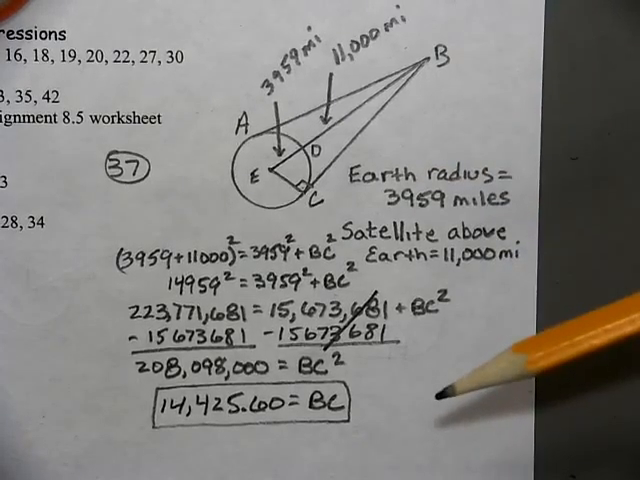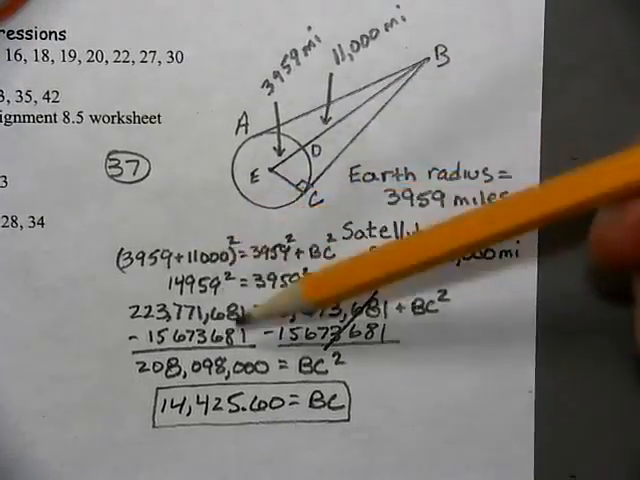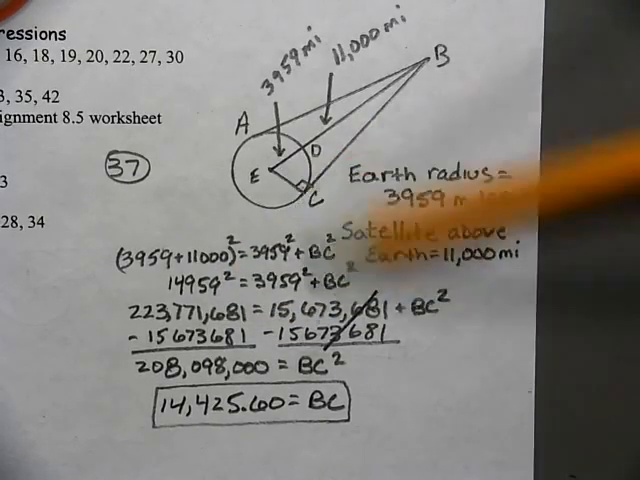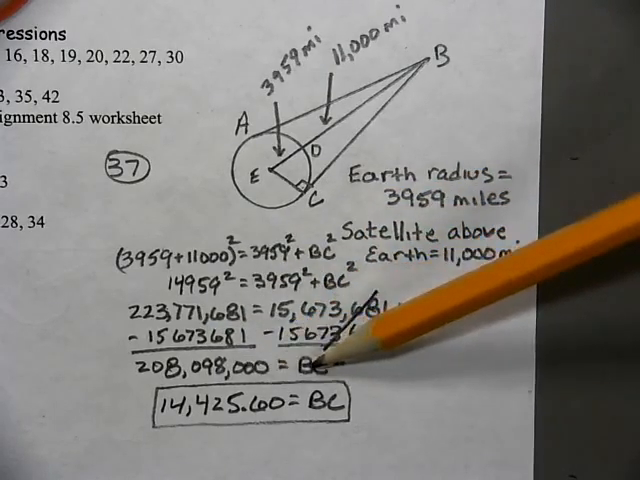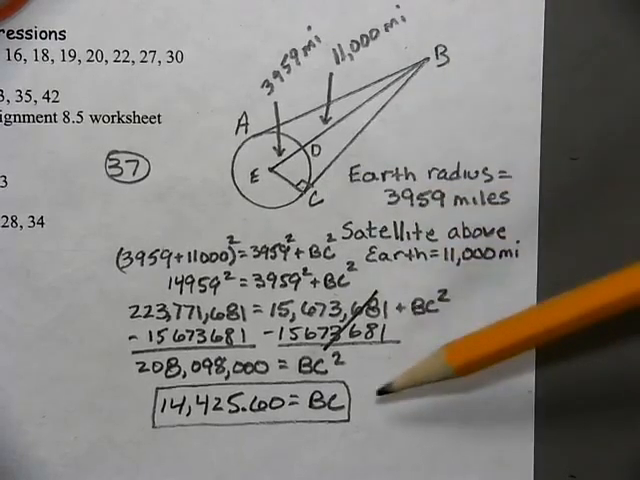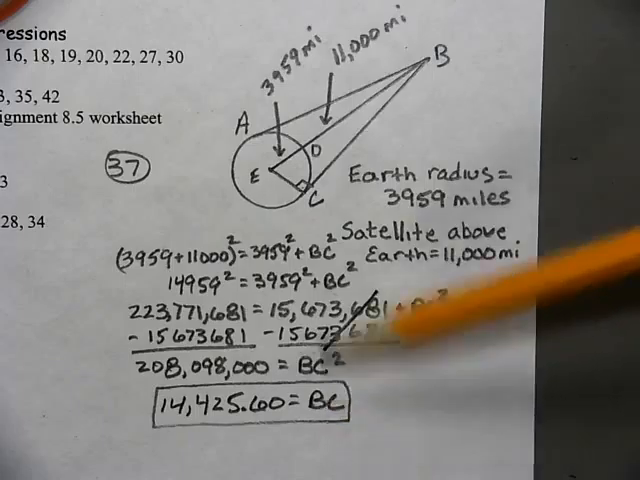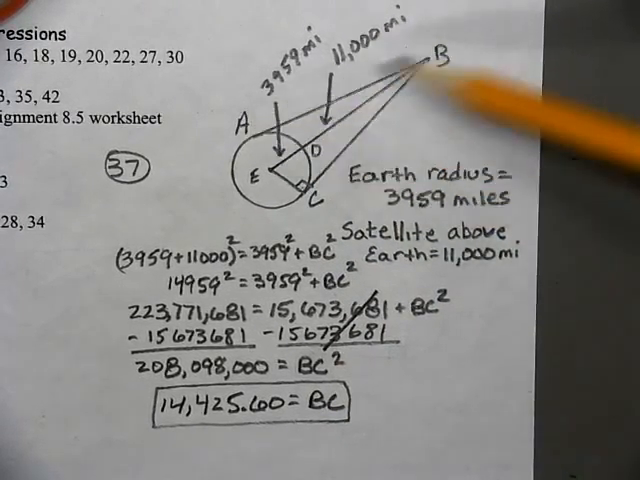So again, we just did the Pythagorean theorem. We took the hypotenuse that was made up of two pieces. We squared that. We took the leg and squared that, subtracted that over. Then we had to take the square root to get the BC by itself. So BC is 14,425. Now if we were to do this on the other side, for AB, we're going to find out that